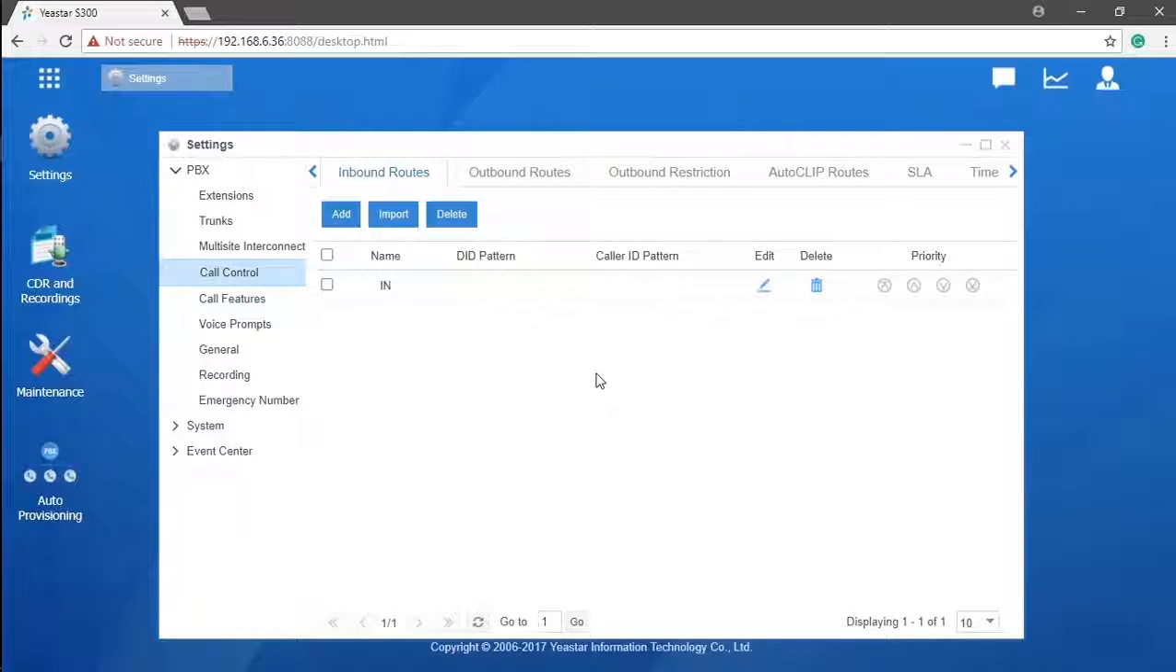Okay guys, that's all for the inbound call settings. Now your system can receive phone calls, but we still have much to discuss regarding call control, so don't